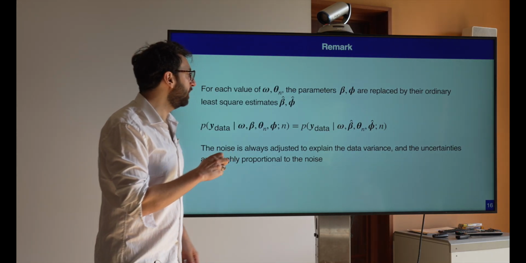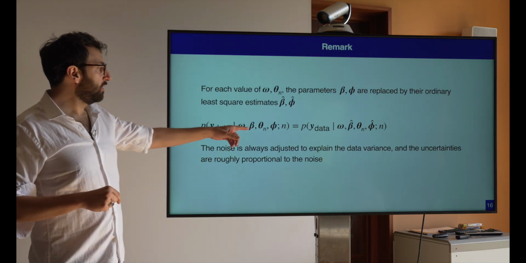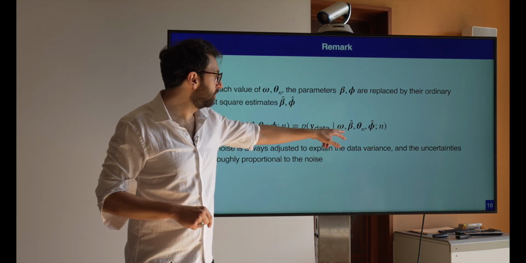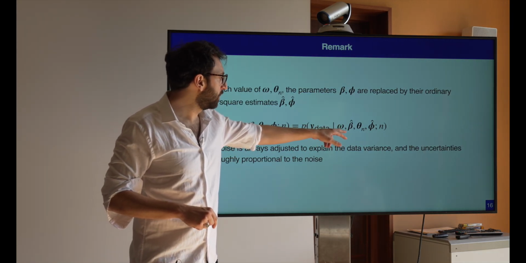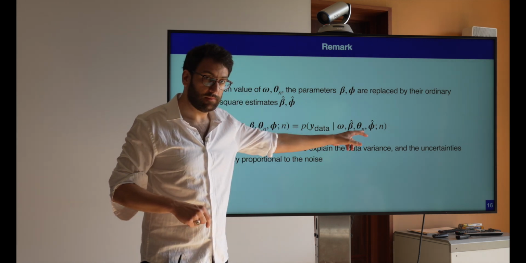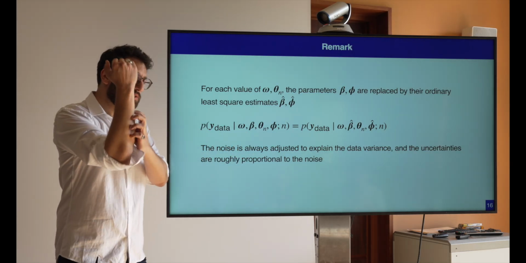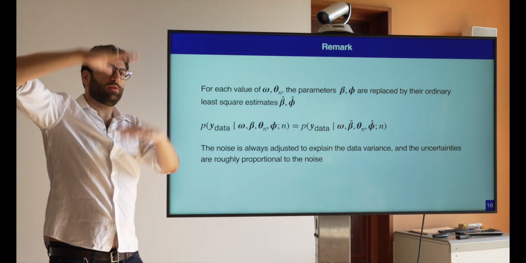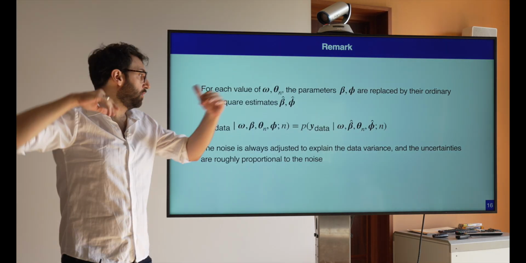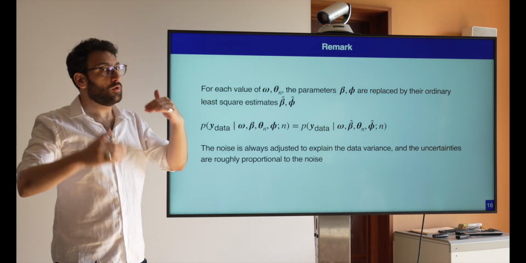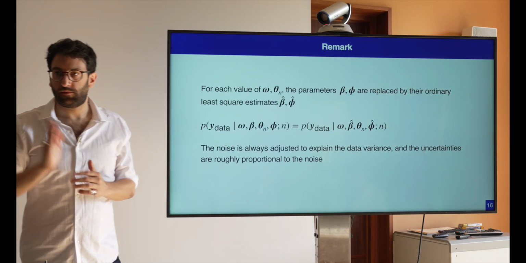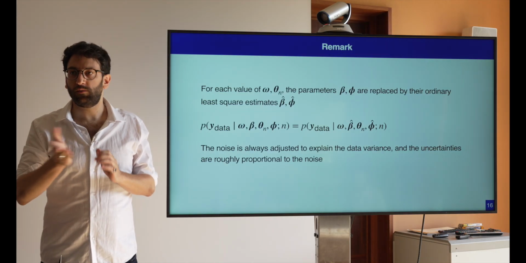So, another remark. In the way the algorithm is coded right now, not only the phase and amplitudes of the astronomical signal, but also the noise parameters are fitted. So it means that the noise is always fitted to match the variance of the data. But the uncertainties on the other parameters are also proportional to the noise value. So, for instance, yesterday with Mengyao, we've seen that